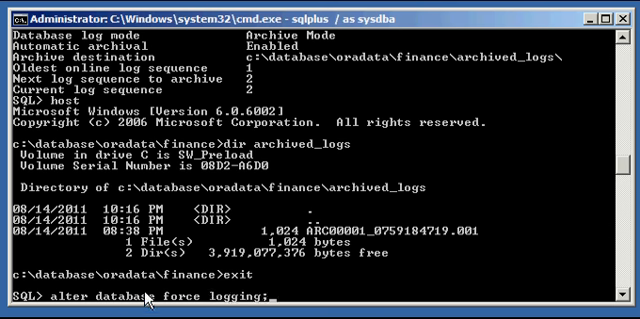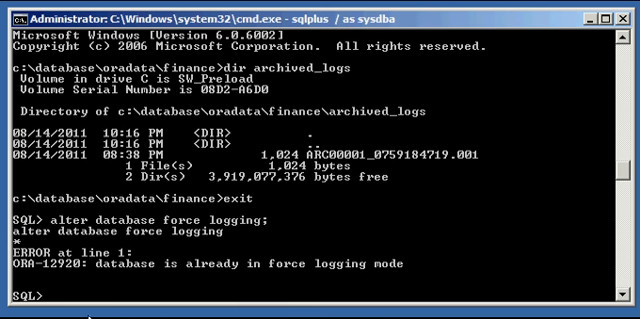So that's alter database force logging. And it says the database is already in force logging mode. Okay, so this is just a sanity check. It's most likely already in it, but you just want to double check that you are,